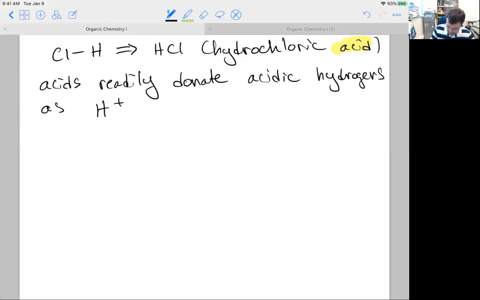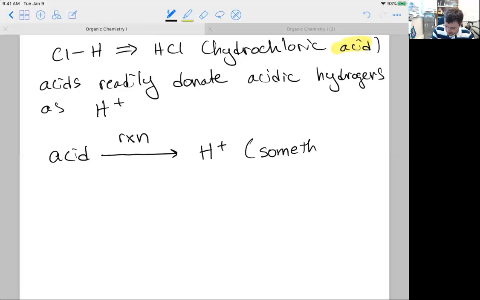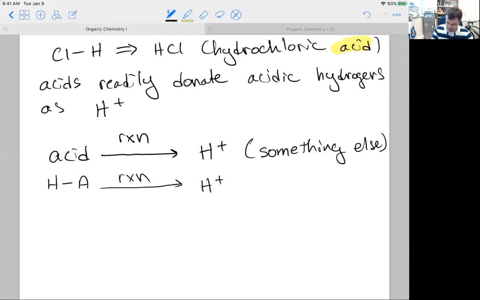That is to say that we could take our acid and it will undergo a reaction to give rise to H+, and because we must balance the number of elements on either side of a chemical reaction, we form something else. Well, generically, what we do is we have HA doing this reaction to form H+, and then